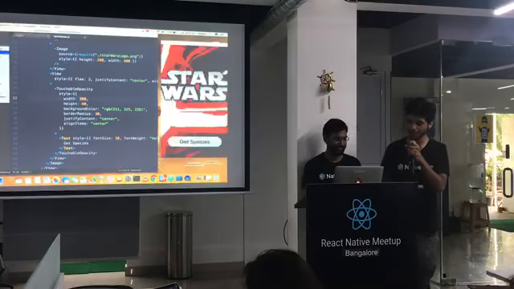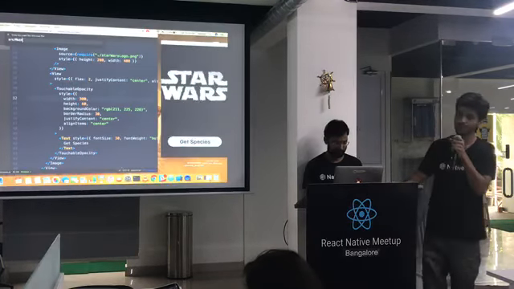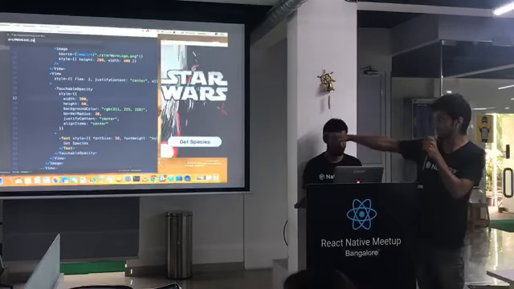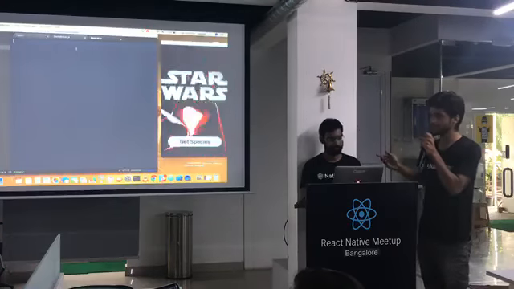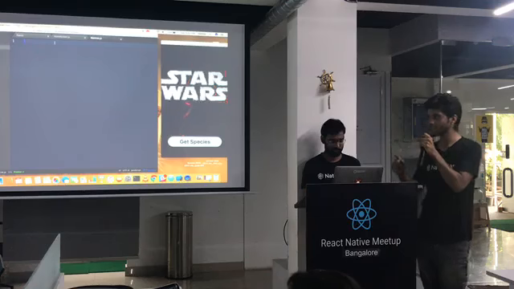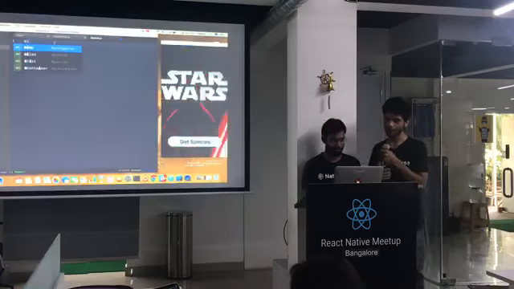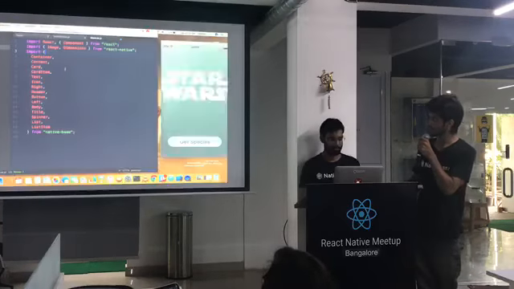So actually what we are going to do is we'll make another file. It's called mainList.js. So this is the actual list that we are going to be displaying. So once we click on this button, get species, it should take us to a list that has the species. We don't actually have the data, we are going to be fetching it from the Star Wars API as aforementioned. So we took care of the imports, just save it.